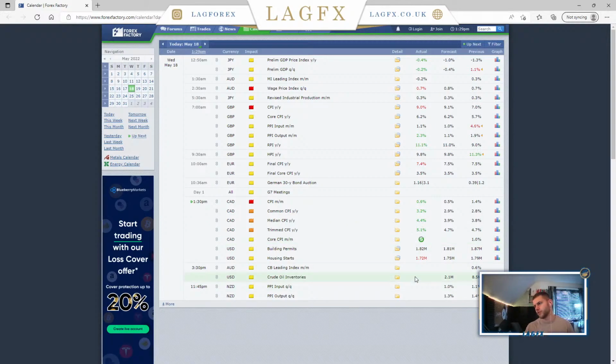See if we can get a result for that one as well. So that anybody who is watching, whether that be live or watching it back, this is pretty much just how I look to trade around fundamentals. I just look to hold off from placing anything too close, or I will look to manage any trades I do have held, whether that be moving SL to entry or taking partials or whatnot,